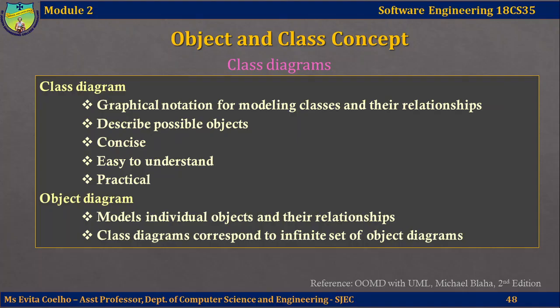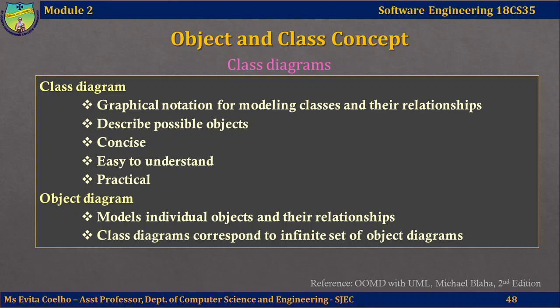We began this chapter by discussing some basic modeling concepts, to be very specific, objects and classes. We have also described these concepts with a few examples. So now we need a means for expressing models that are coherent, precise and easy to formulate. In this lecture video, we'll be talking about two kinds of models, the class diagrams and the object diagrams.